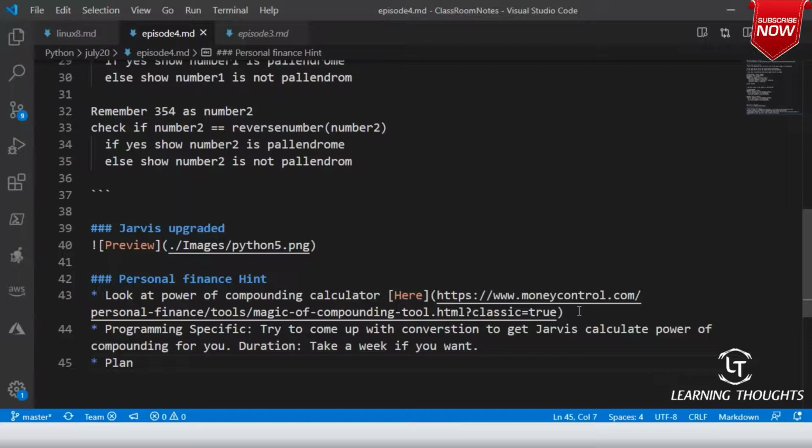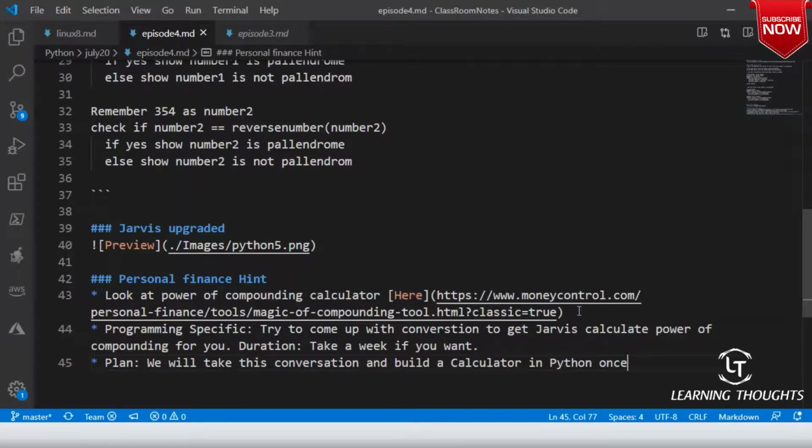What would be the plan? We will take this conversation and build a calculator in Python, once we become good at Python. This will help your programming, and it will also help your finances. I think it is a decent one to come up with.